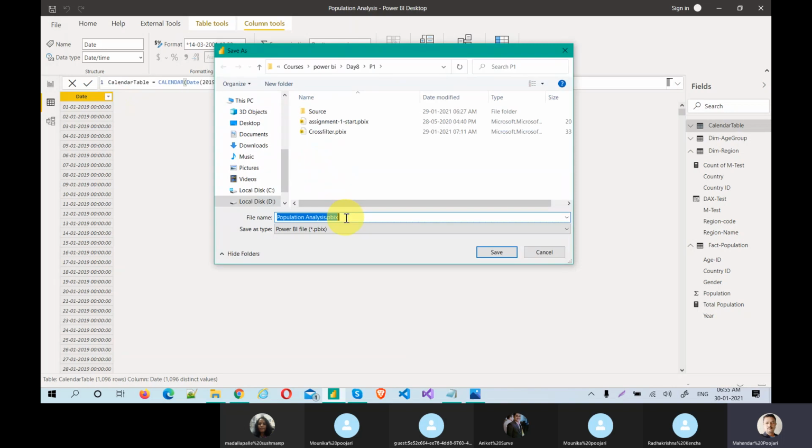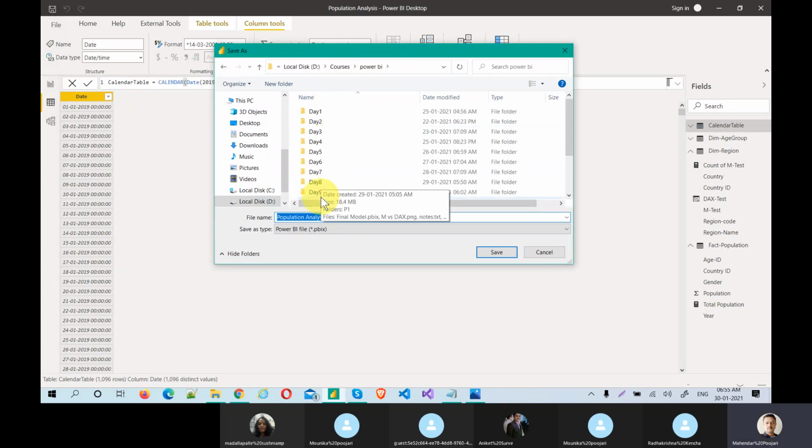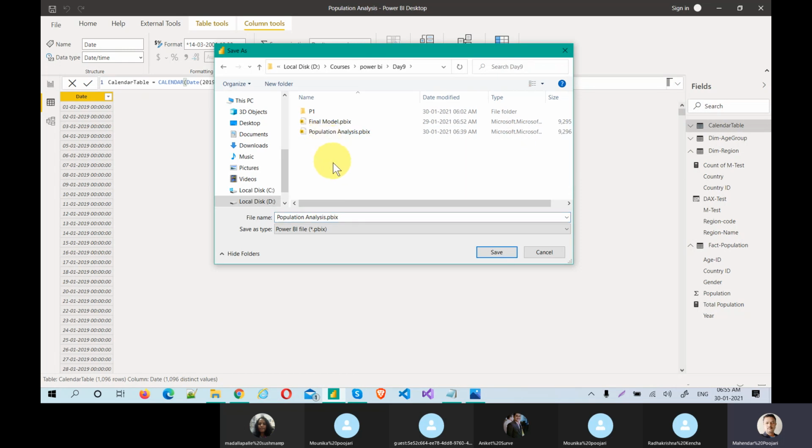So what things have we learned today? Let me summarize the concepts. This is basically M code column versus DAX column, and the calendar function.